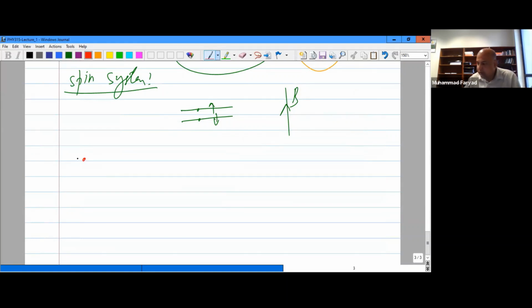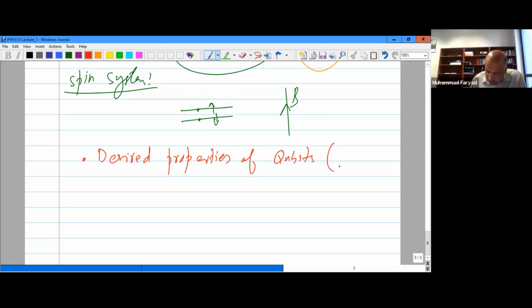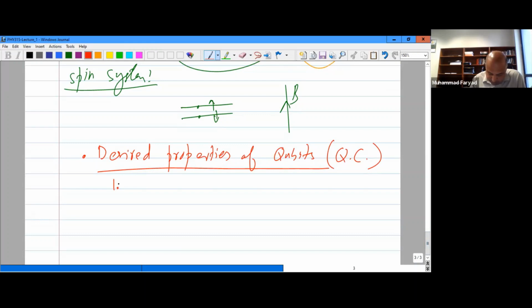let's now see the desired properties of the quantum computer to do the task that we were talking about. So what are the desired properties of qubits? Or you can say desired properties of quantum computer hardware. Number 1 is that we should be able to